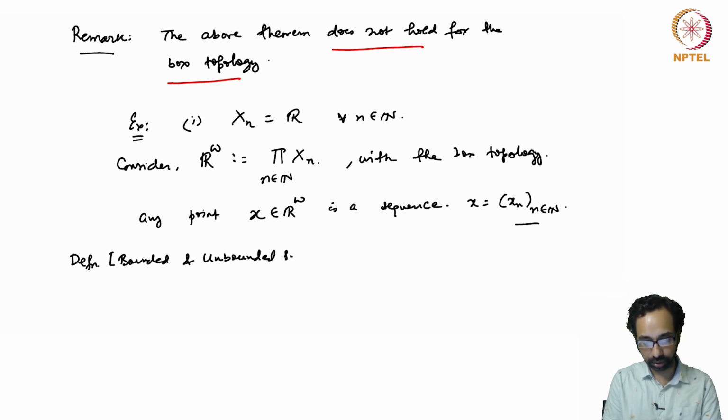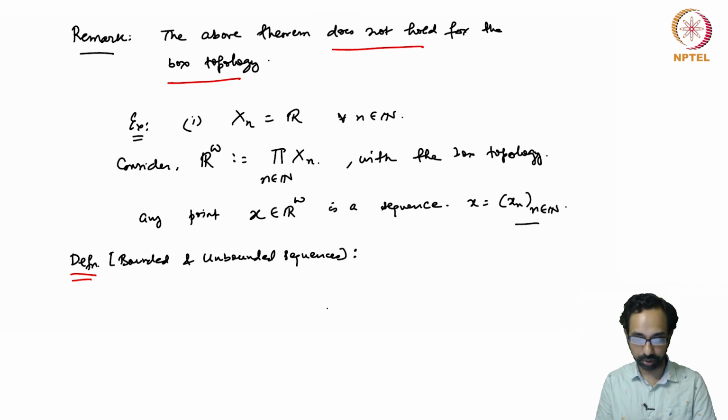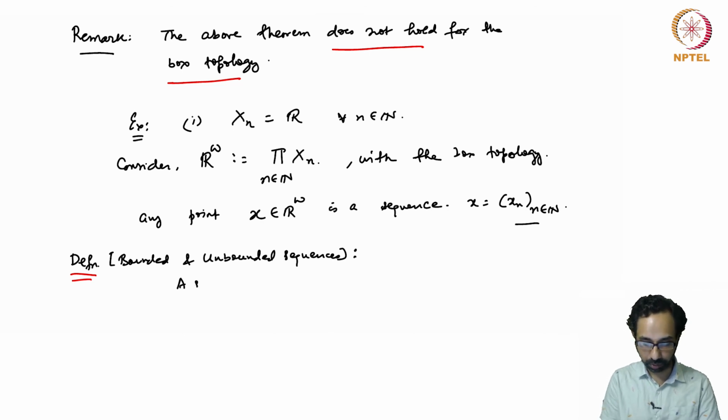The collection of such things will actually provide a separation for the space R^omega in the box topology. So a sequence x_n is bounded if, so of course this is in R,